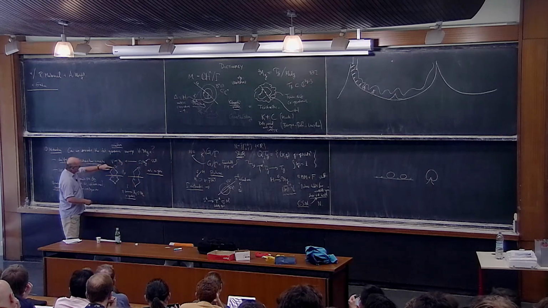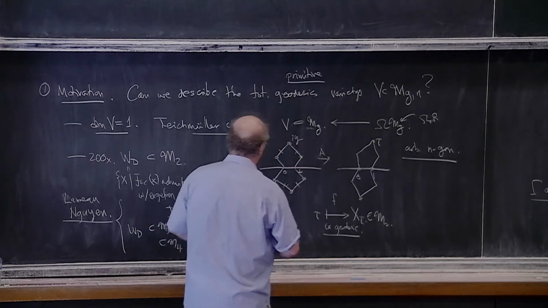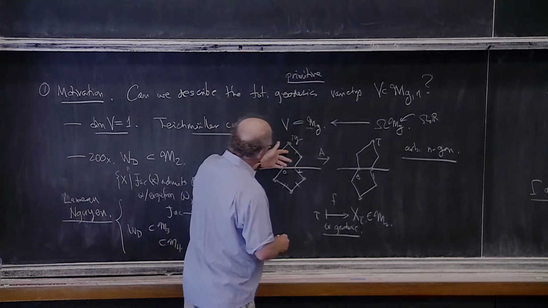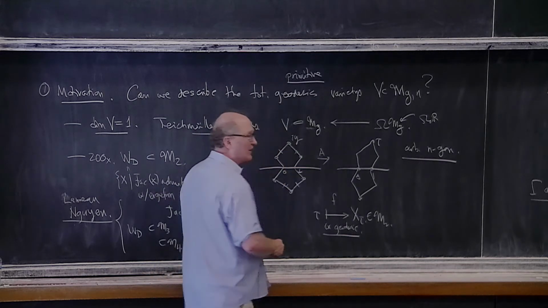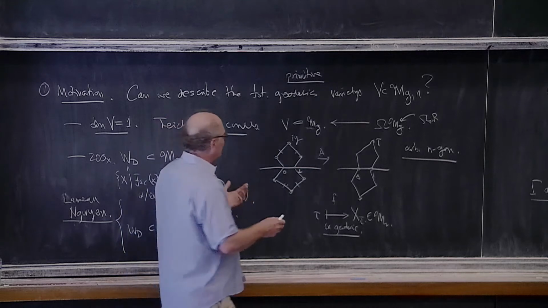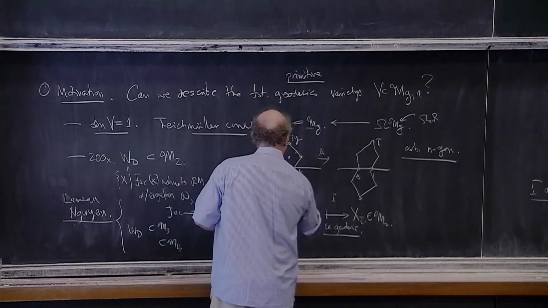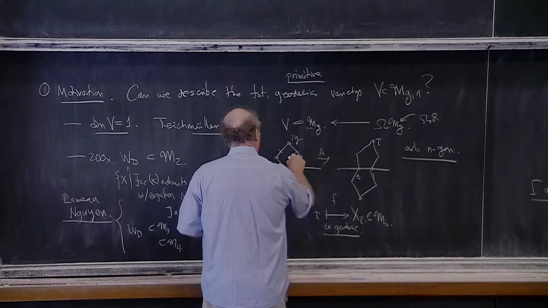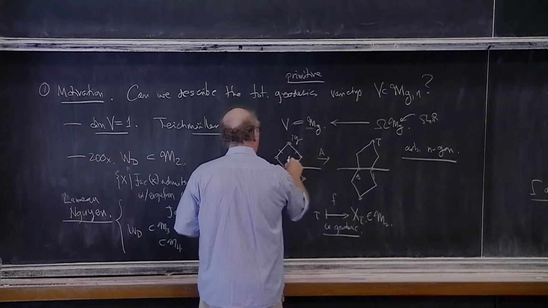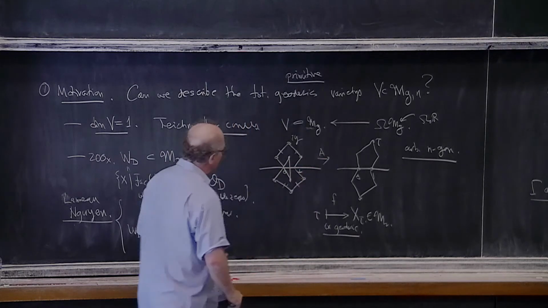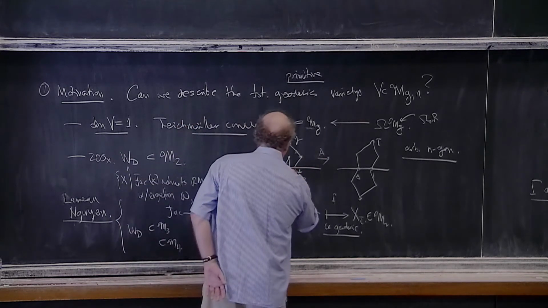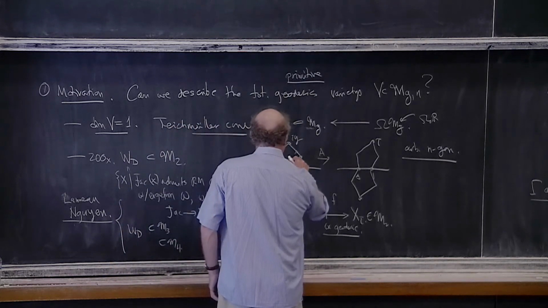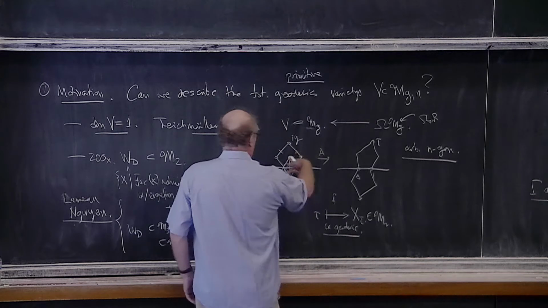I want to associate to a pentagon not this strange 8-sided figure, but just a triangle. So where's a triangle that's naturally attached to this pentagon? Well, let me take the centers of these two adjacent pentagons, join them by an edge, and then join that by edges to a vertex. So there's a triangle,